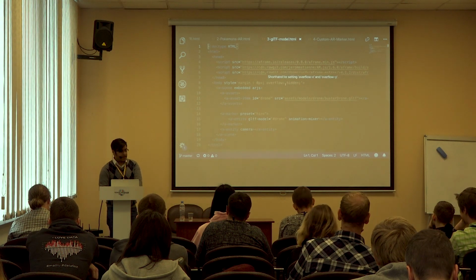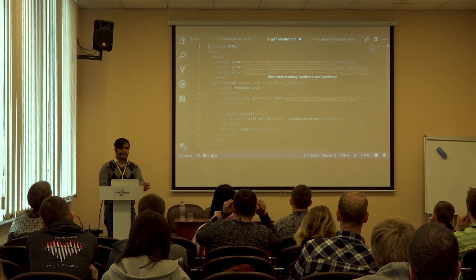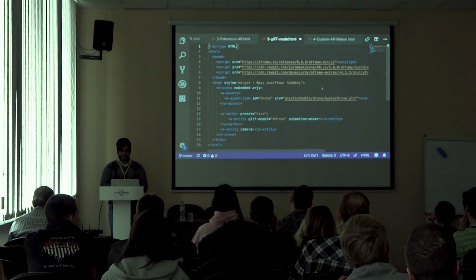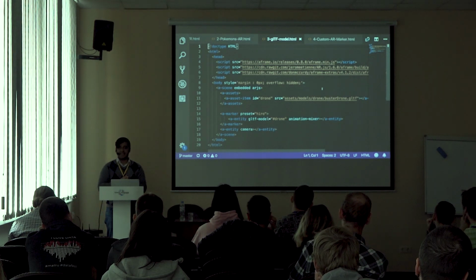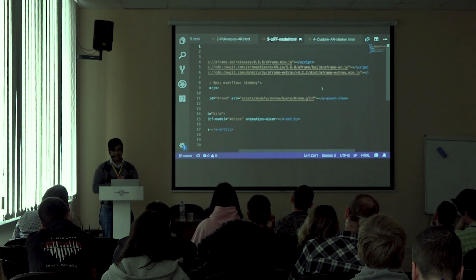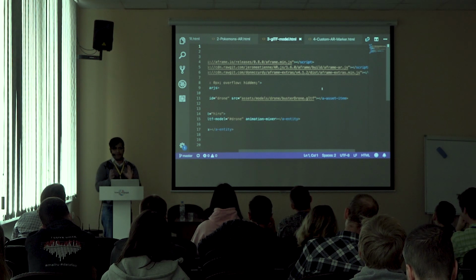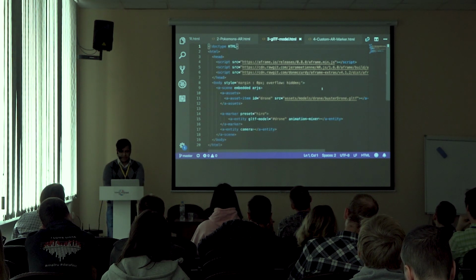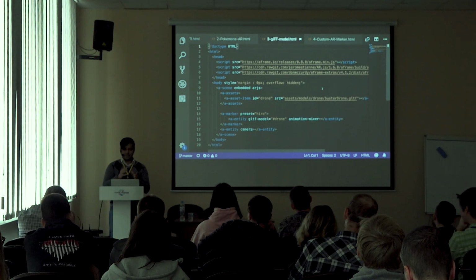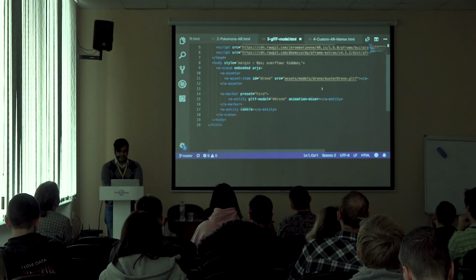If you take a look here, is it visible? Okay. So what I've done here is we have added the same two libraries, A-Frame.js and the minified version of AR.js, and then a new library which I got from the A-Frame registry called A-Frame Extras. GLTF models can be animated, and I have included a model which I downloaded from the internet called Buster Drone, and it's an animated model.